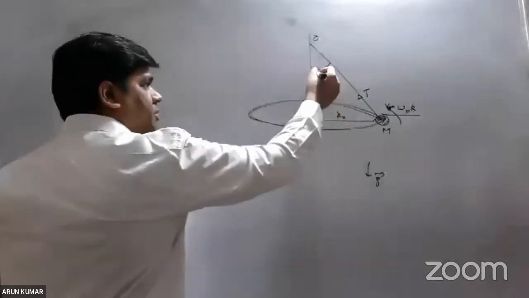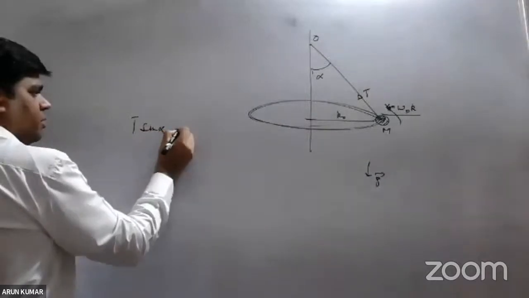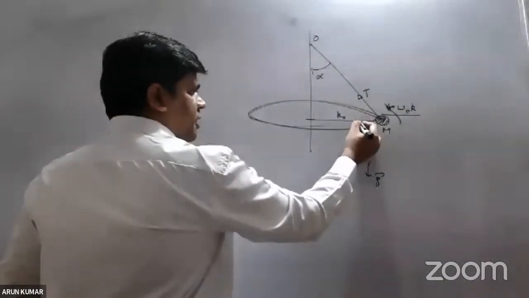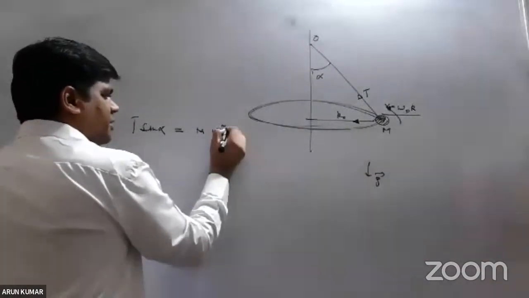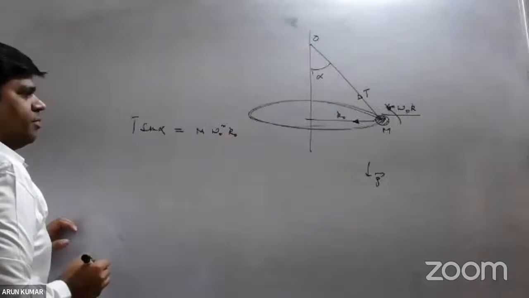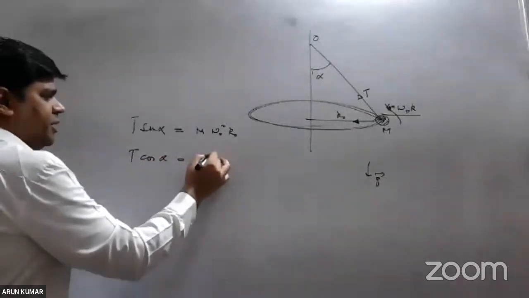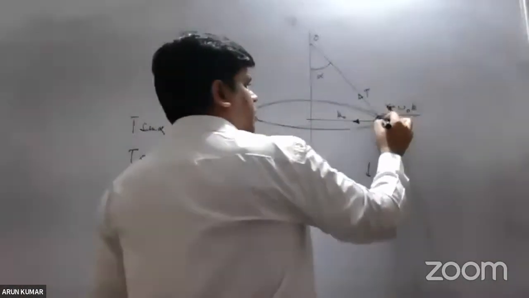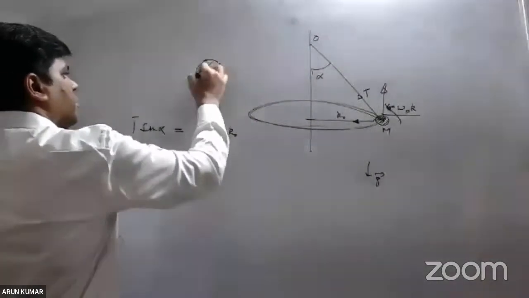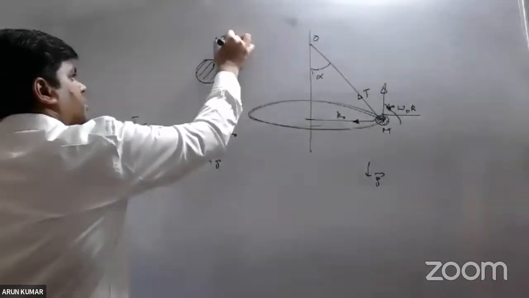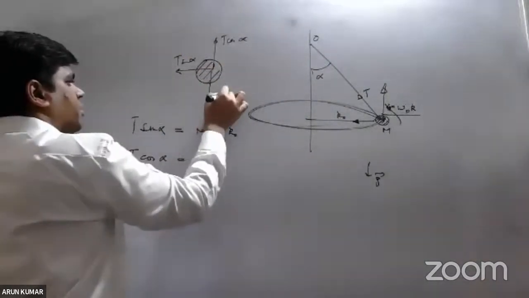T sin alpha is equal to mass times centripetal acceleration. M times what is the centripetal acceleration? Omega square R. T cos alpha is equal to mg. Why am I equating it to mg? Look at the FBD of this one. Okay, let me draw the FBD: T cos alpha, T sin alpha, mg,